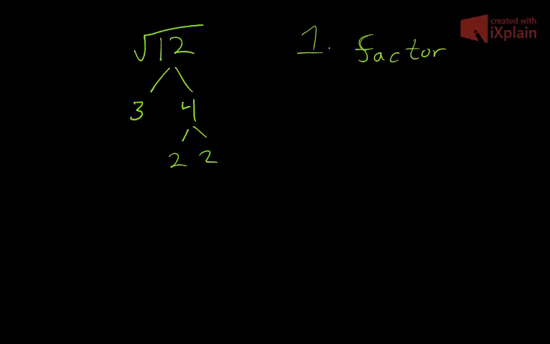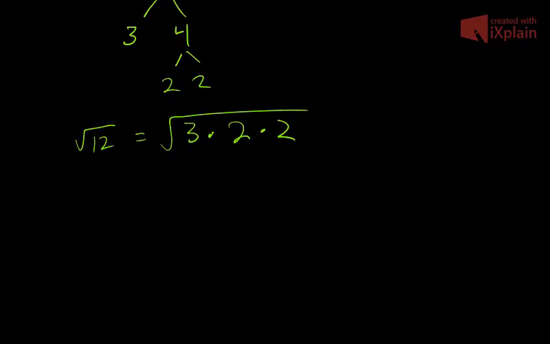So now I can say that the square root of 12 is going to be equal to the square root of 3 times 2 times 2. And I know that because I factored my 12. So the second thing I'm going to want to do is to split my root,